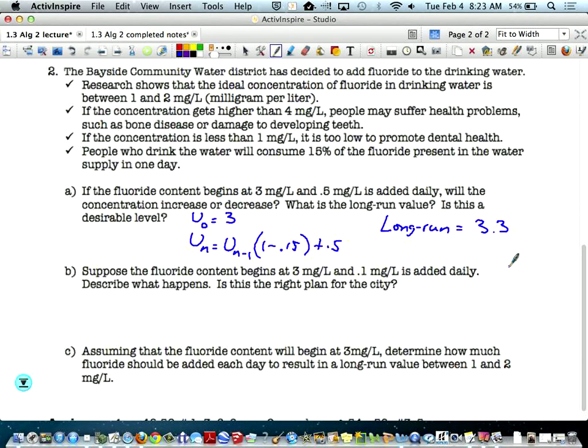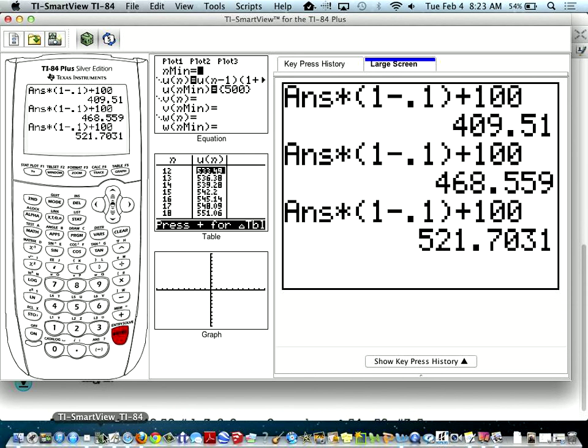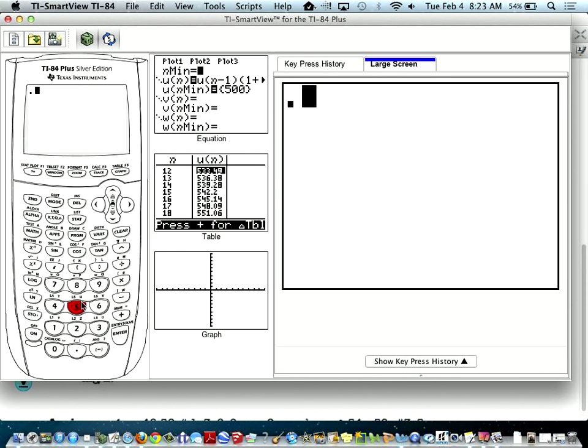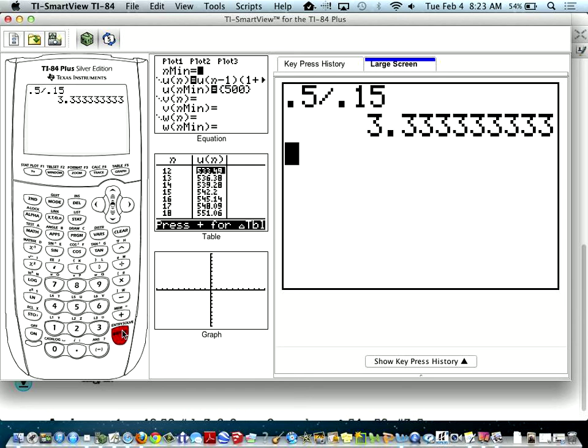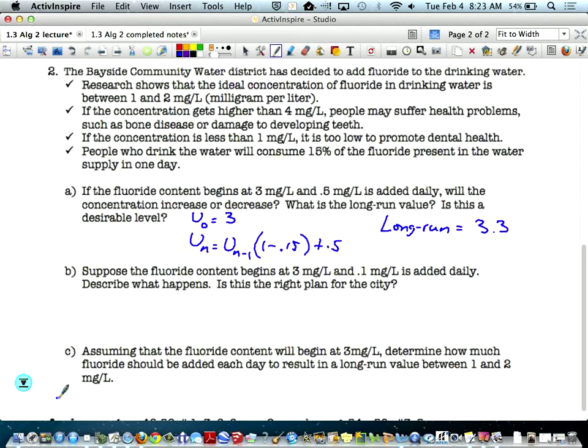It was just 3.3 repeating. Let's take our 0.5 and divide by 0.15. So we're adding 0.5 of a milligram. So yes, the long run is 3.3. That's a little bit high. They want it to be